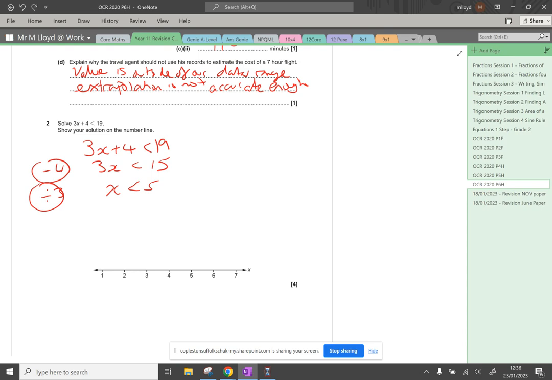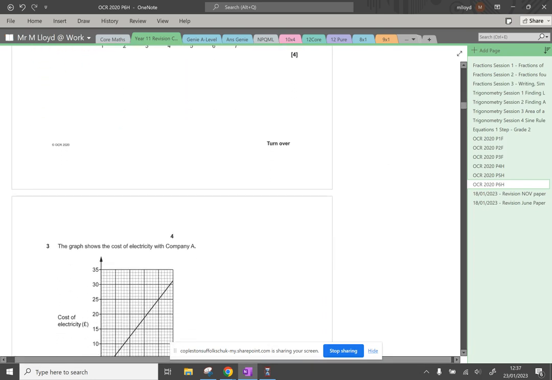Now, to have that on the number line, it's going to go above the 5 with a circle. We're not going to colour it in because it doesn't have the equal to bit. And then from the circle, our line is going to go that way because that inequality gives us a little clue in that it's the arrow for the pointing on that number line. Okay, and then that's question 2 done. 4 marks for